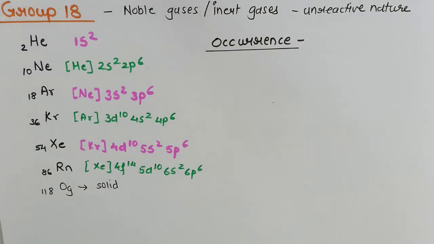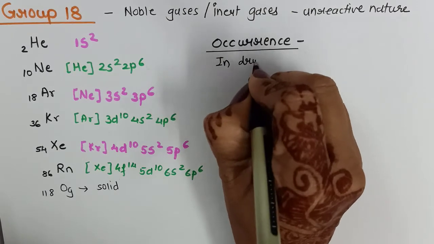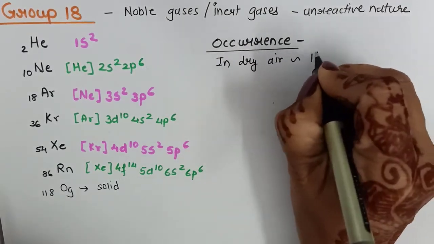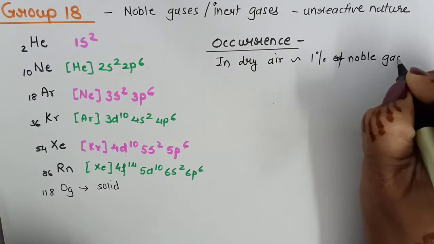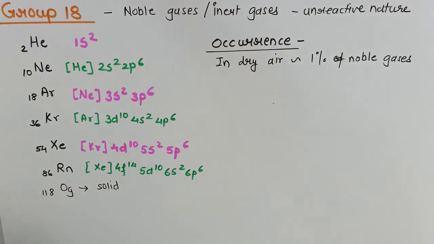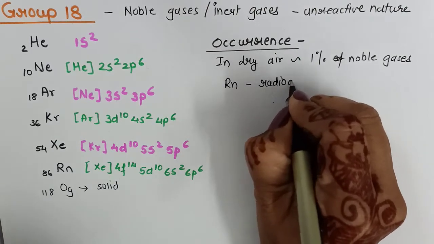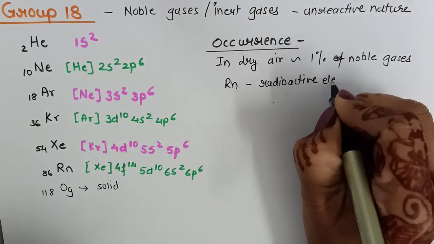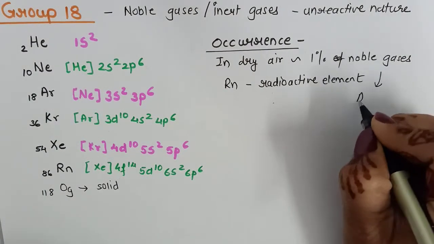If we talk about the occurrence of these noble gases, all these noble gases except radon occur in the atmosphere. Not readily, but I will say in abundance. In dry air, their volume is near about 1%. 1% of the overall volume of dry air is constituted by noble gases. Now, radon is a radioactive element. Now, of the dry gas, argon is the major constituent,